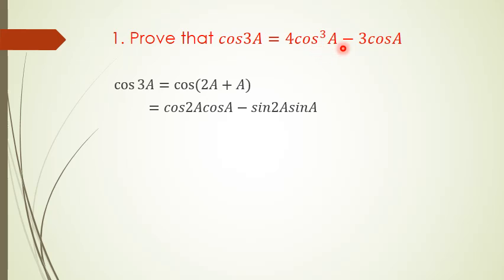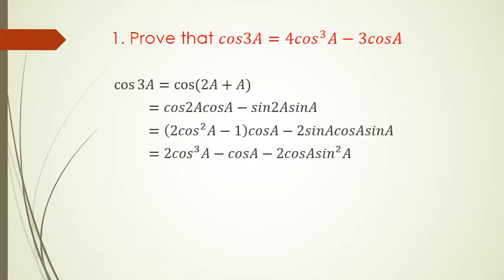It has cosine only, so we choose the one which has cosine only, and that is 2 cos squared a minus 1, multiplied by cos a, minus the double angle formula for sin 2a is only 1, so we have to make do with that one. So that's minus 2 sin a cos a multiplied by sin a,